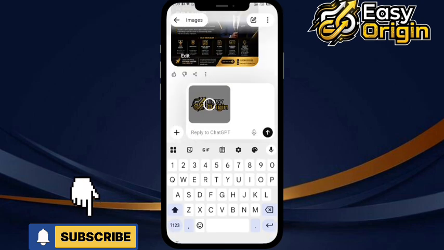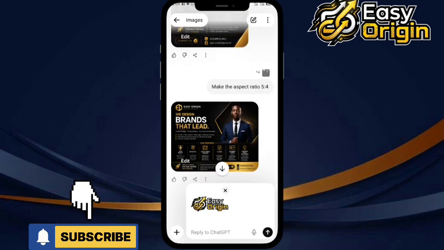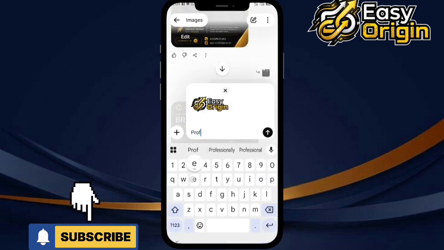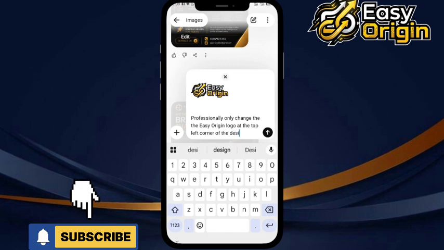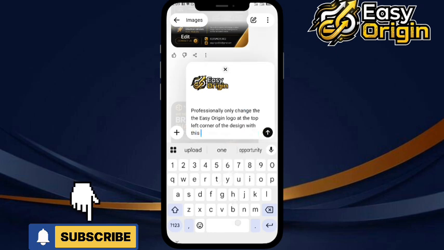So you add it here, then you tell ChatGPT professionally, only change, to be specific, only change the Easy Origin logo at the top left corner of the design